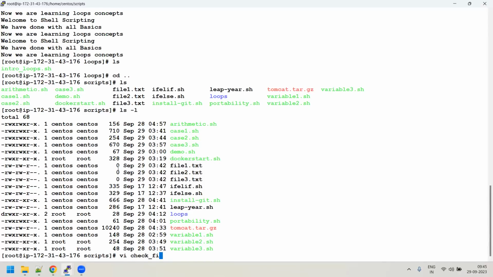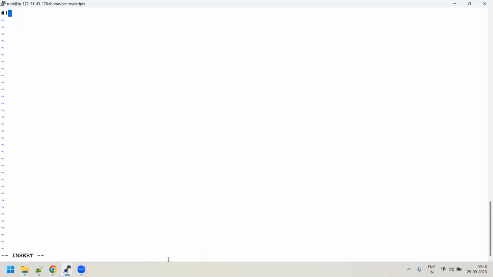Check file execute permission, execute permission perm.sh. This is a script I'm writing. I should have written it inside the loops, but no matter, I'm writing it here only. Check whether execute permission is there or not. #!/bin/bash. So I'll use a double square bracket and check whether -x, which means execute permission, is there for the file variable 1.sh. Then